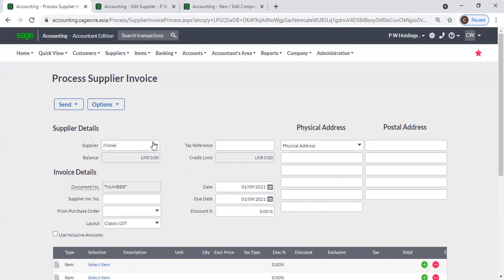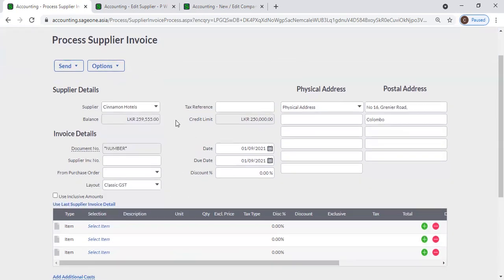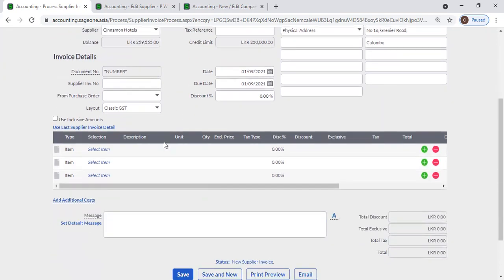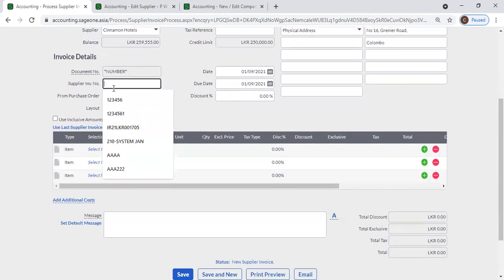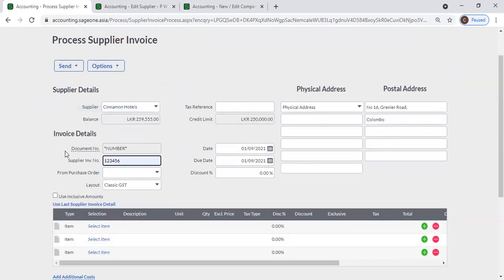Okay, from here you can select your supplier. After you select your supplier, that supplier's balance, credit limit, and address will display here. You can enter the supplier invoice number here. Now, this document number is a system generated number, but when your supplier sends an invoice, there will be an invoice number, so you can enter that invoice number,